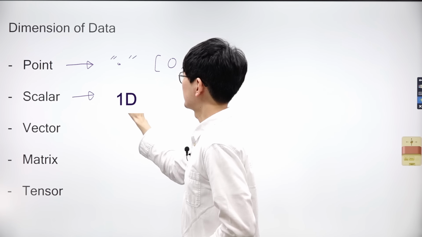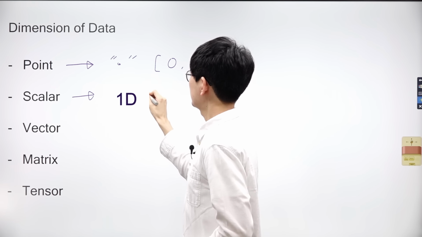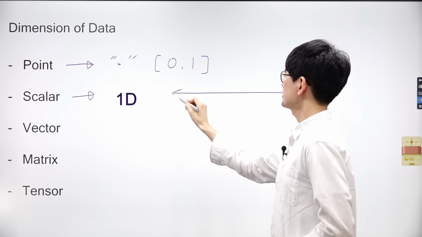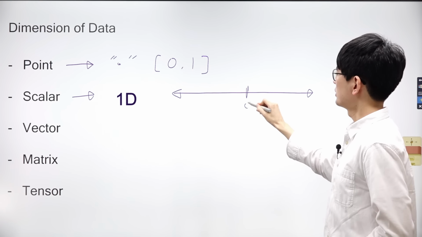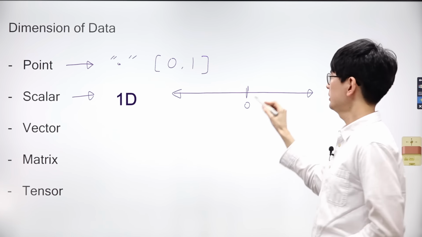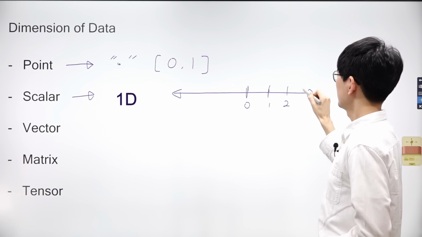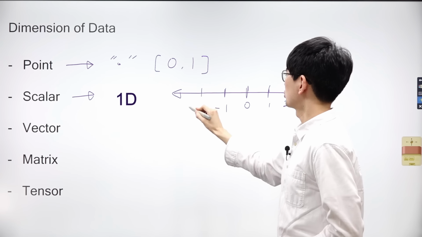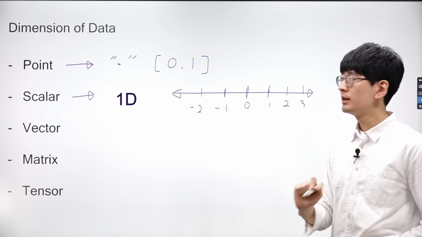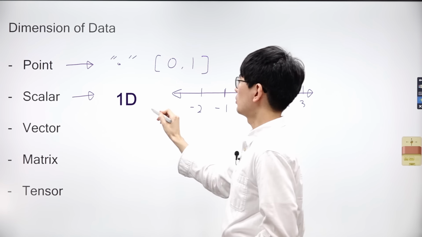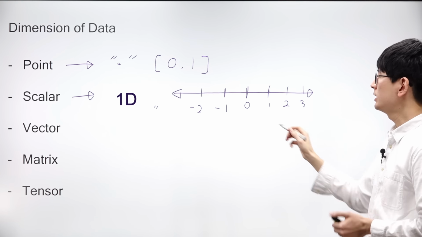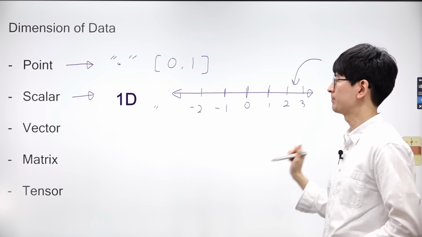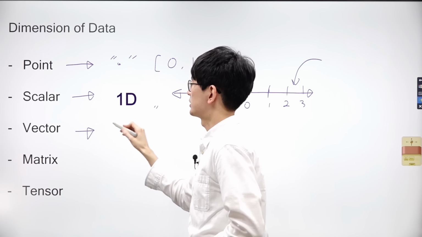In the case of scalars, we're talking about one-dimensional data. We all know about one-dimensional data because we've learned about them in elementary school. We learned about the number line where we place a 0 at the center. And then, in the early years of elementary school, we learned about moving forward to 1, 2, 3, and so on. As we progress, we learned about negative numbers, realizing that the number line also extends backward. So, scalars belong to one-dimensional data. And they're the data that can be represented by some number on this number line.